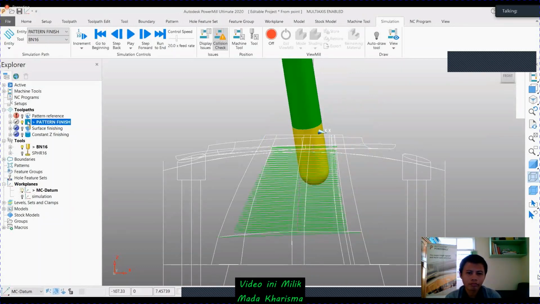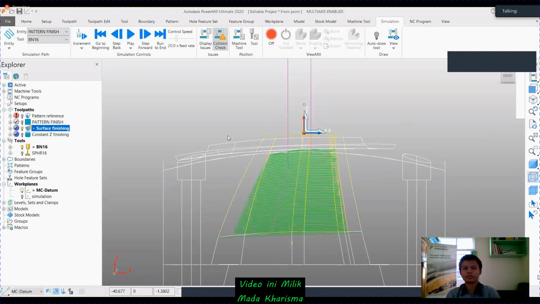As I told you earlier, you can use any of the 3-axis strategies and convert it into a 5-axis strategy by using its tool axis definitions. Right here, I created another toolpath by using a surface finishing strategy. For this, I'm not giving any references.